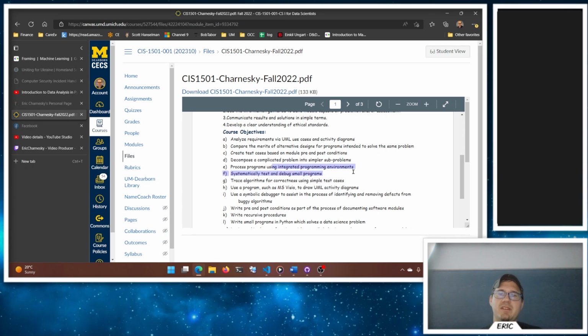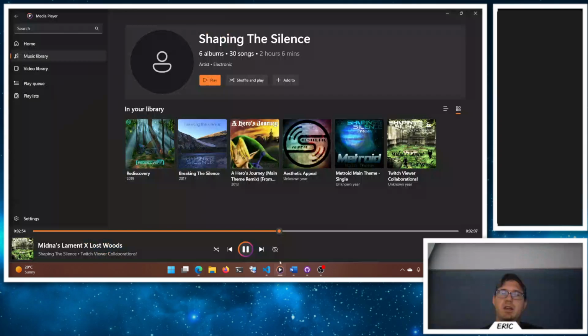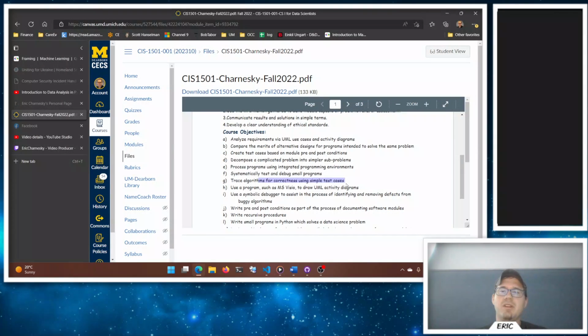though. These integrated programming environments, we've been using PyCharm the whole time. Test and debug small programs, sort of based on the test cases idea as well. Trace our algorithm using simple test cases, and a lot of this idea that the code you write should do what it's supposed to do. Sorry, wasn't too loud. That's a big theme because you don't just want software, you want good functional working software that does what it's supposed to do, right? You just throw something out there and it doesn't do exactly what it's supposed to do. For our purposes, nothing really bad happens because we're just basically doing small little puzzles and games and nonsense stuff